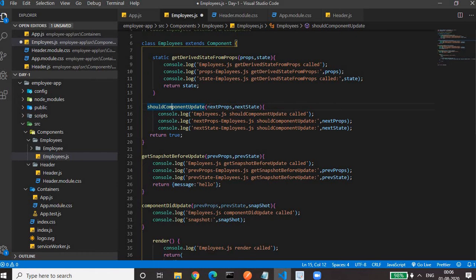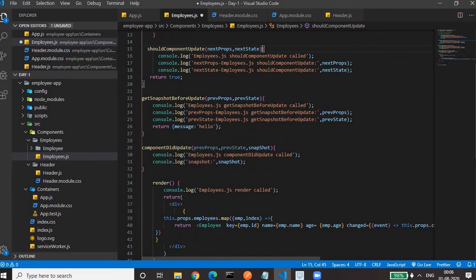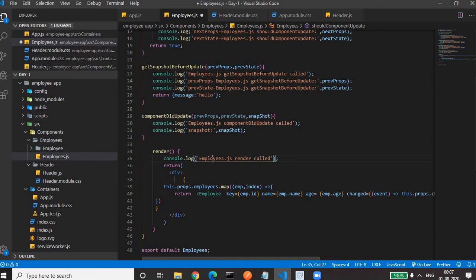It takes 2 parameters, next props and next state. So here console log the state and props here also. Don't worry, we'll see. Then after should component update, I guess it will call the render method.